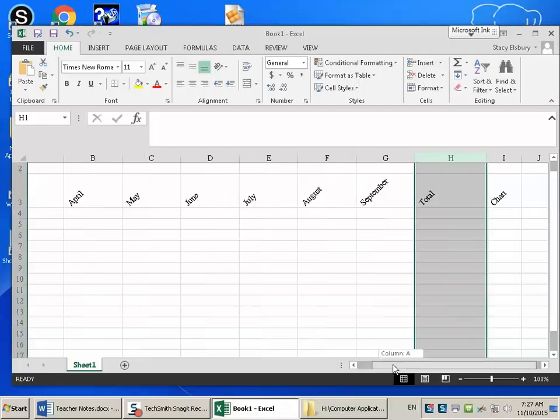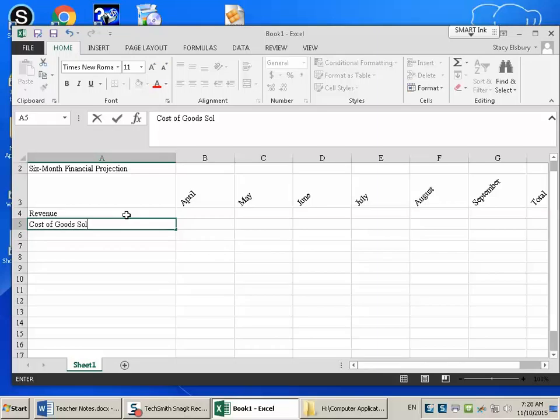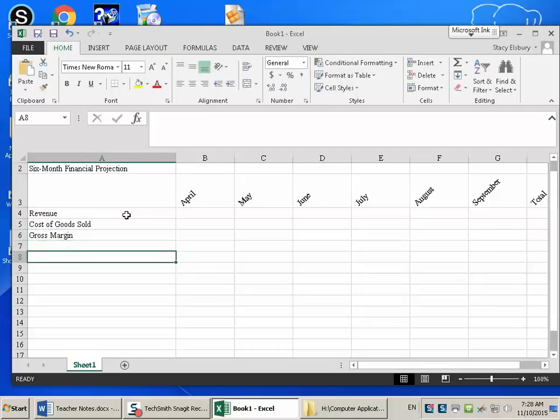All right, so now let's scroll back over so that you select A4, and we're going to type the following titles in our row headings. We'll start with revenue, cost of goods sold, gross margin. We'll skip A7 and go to A8 and type expenses,